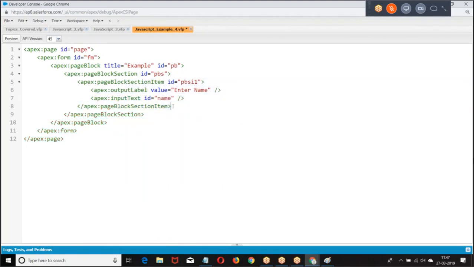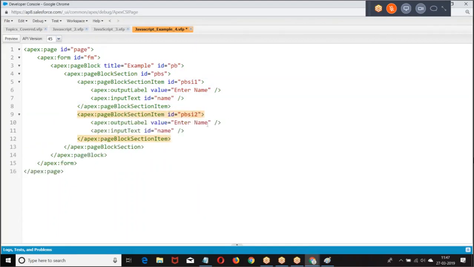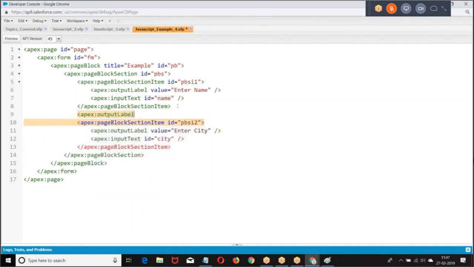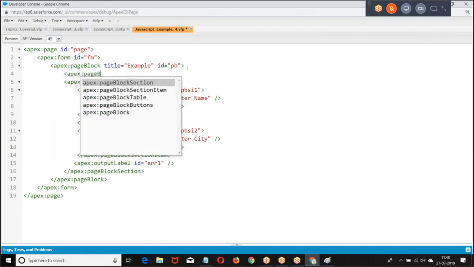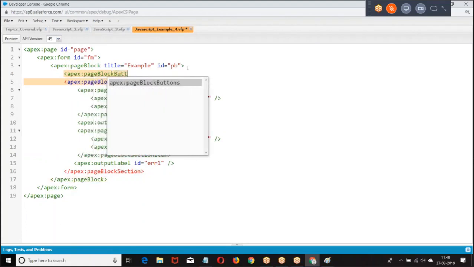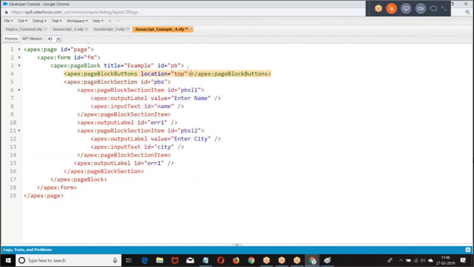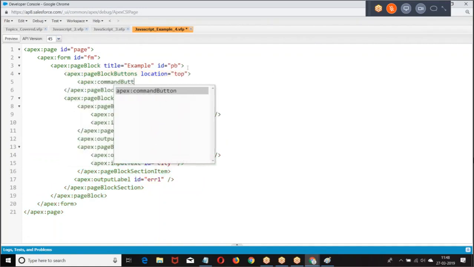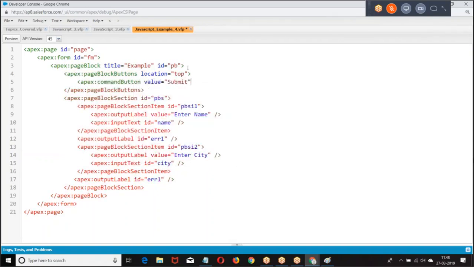Then I give Apex. First I'll show the output screen, then we'll discuss the scripting. Now look at this output first.